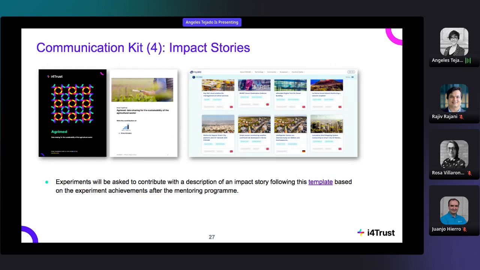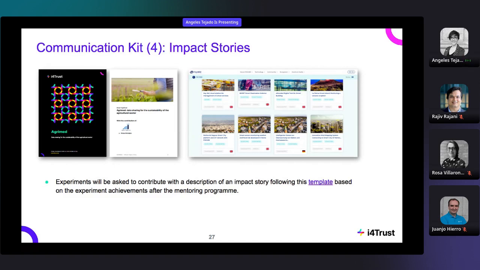We will also ask you to contribute to impact stories. What does this mean? Now you have the description of your experiment, and you will be working for 9 months with them. At the end of this mentoring program, this is just to write again on your experiments, but with all the experience during the 9 months.